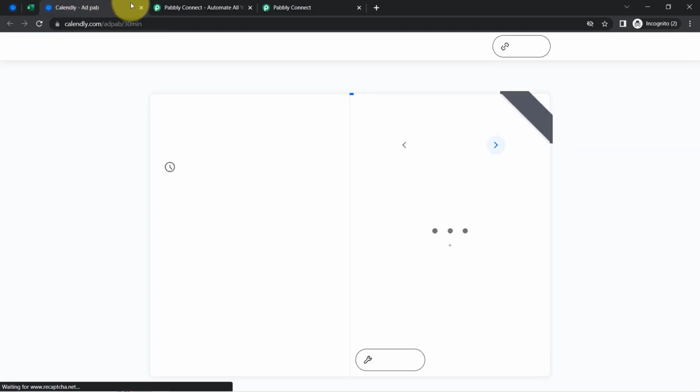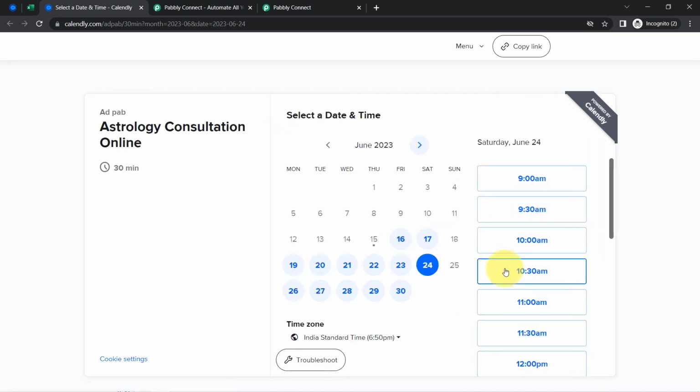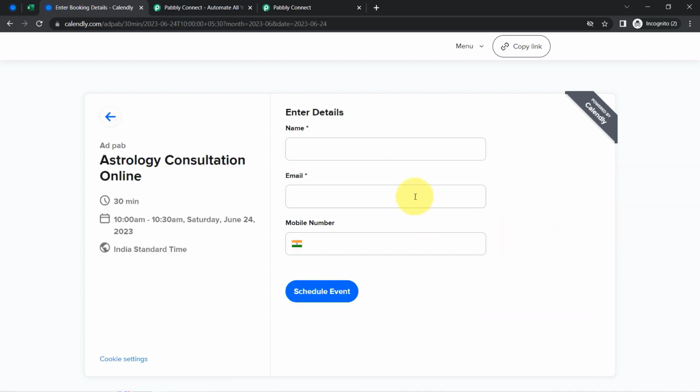Okay, so firstly I am going to open that booking page in front of you, and then I am going to make a dummy appointment booking in front of you with some dummy details. Okay, so I have selected the date as 24th of June. Now I am going to select the timing as 10 AM, clicking on next, and here it is asking for the details. Okay, so how about I provide the name something like demo user, asking for the email address. So here I will provide the email address as